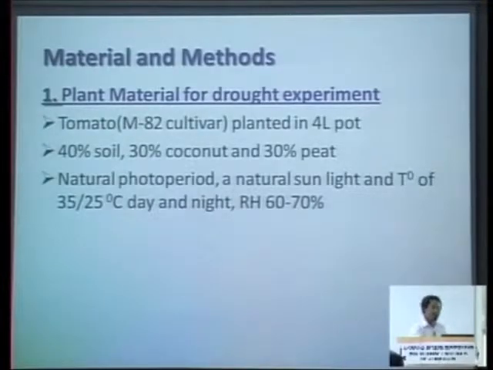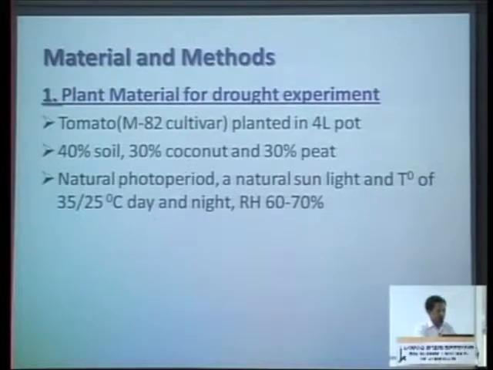So for the drought experiment, we use the M82 cultivar. We plant these plants in 4-liter pots filled with 40% soil, 30% coconut and 30% peat. We grow the plants in natural photoperiod, at natural sunlight in the greenhouse. We adjust the temperature to 35 and 25 degrees centigrade day and night respectively, and we feed the plants with full irrigation